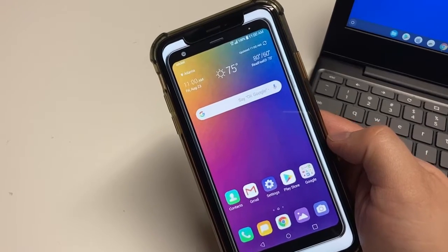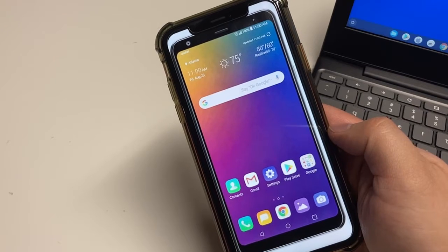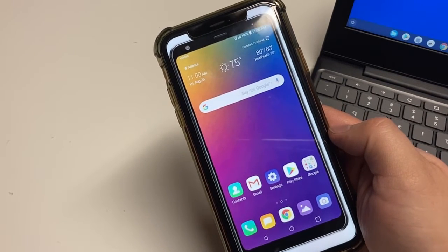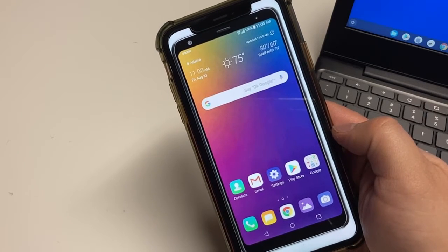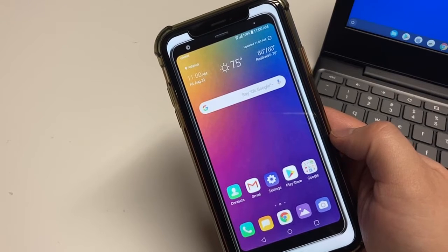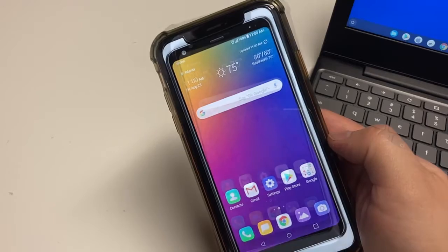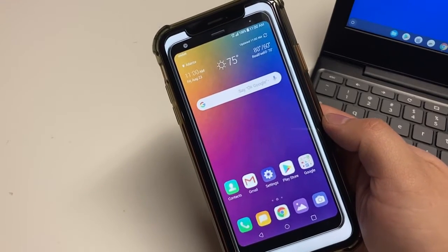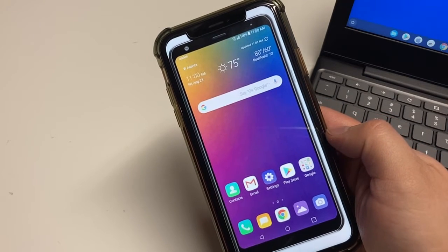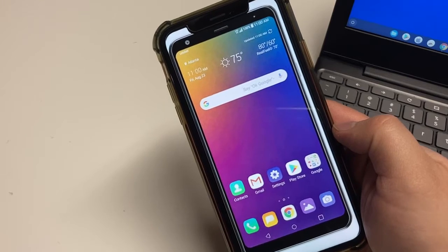And then obviously the mainstay of the LG Stylo series and this Stylo 5 is that it has a stylus. That's what makes this phone special. It's like the budget version of the Galaxy Note series. Obviously, it doesn't have all of the capabilities of the S Pen, but it does have a few apps that let you do memos and stuff like that from the lock screen and stuff like that. So it's always been a little welcome addition for a stylus phone to work on a cheaper price and on